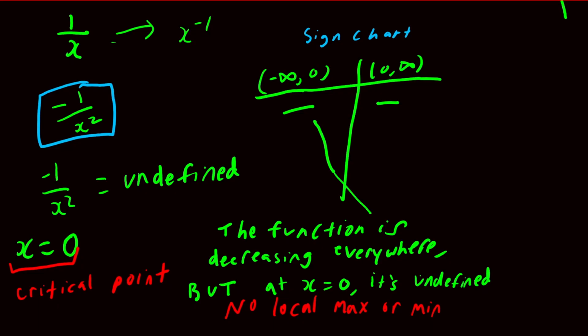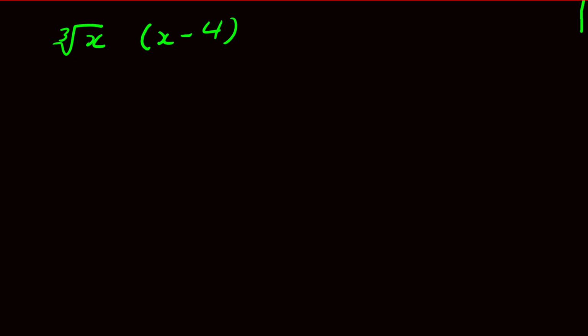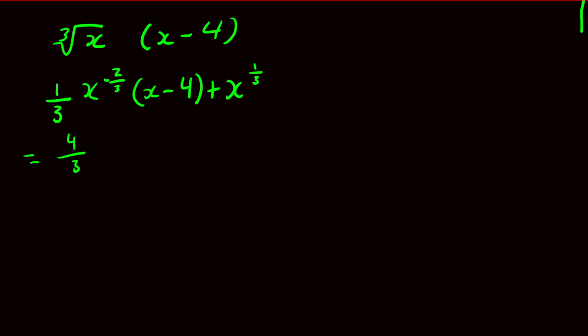So, I hope this is getting a little bit easier. I have one more example for you. Alright, so this one is a little bit of a pain to take the derivative of. You're going to need to use product rule, but good practice, right? So you're going to get 1/3 x to the negative 2/3, x minus 4, plus x to the 1/3. Alright, and if I factor that down, I'm going to get 4/3 x to the negative 2/3,